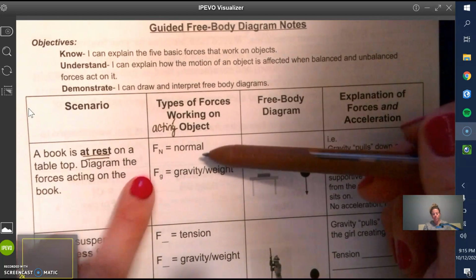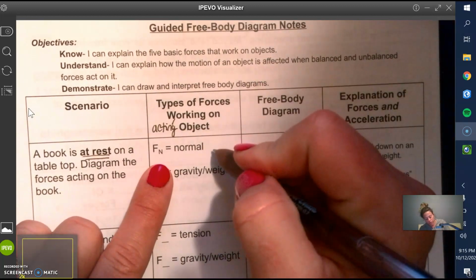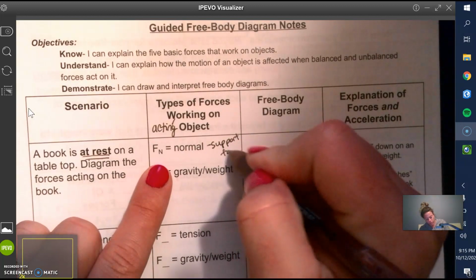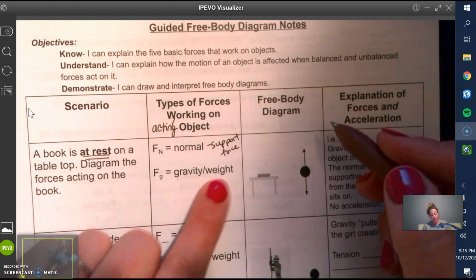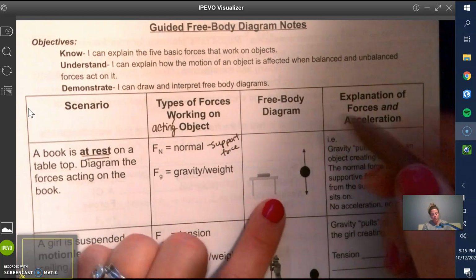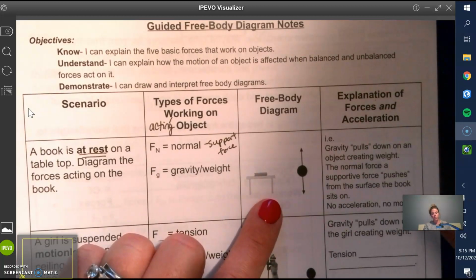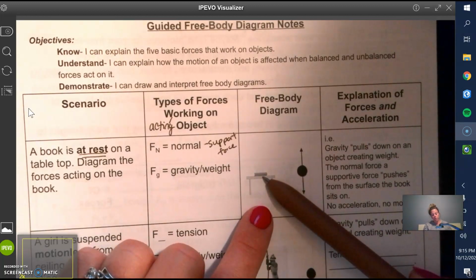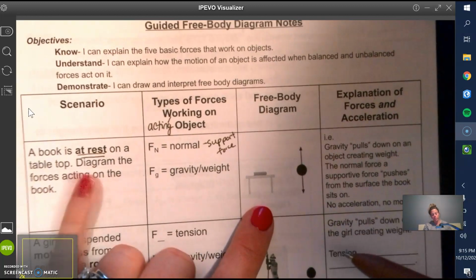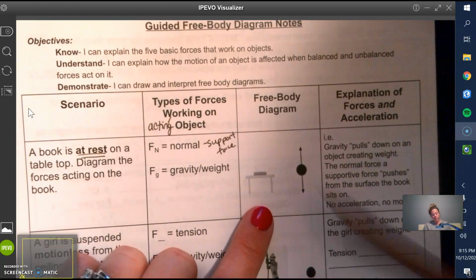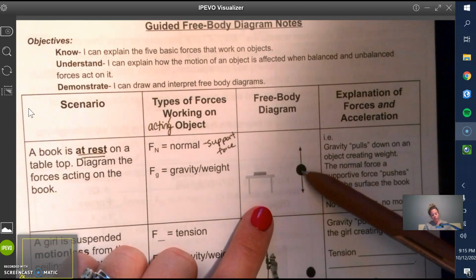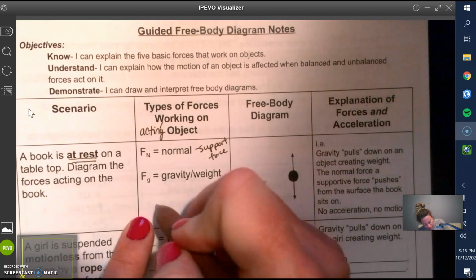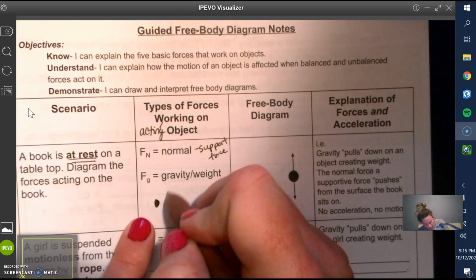Well, if something's at rest, we're going to have the normal force, which is our support force. And we're going to have gravity, which is the object's weight. So you can see here, and you can draw this in on your notes, that we've got a book that's sitting atop a table. So this is the scenario. And so we can represent the free body diagram. We can represent the object as a dot. So the dot can be the object,